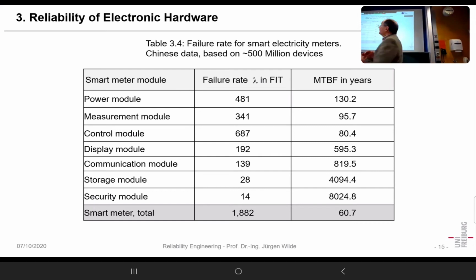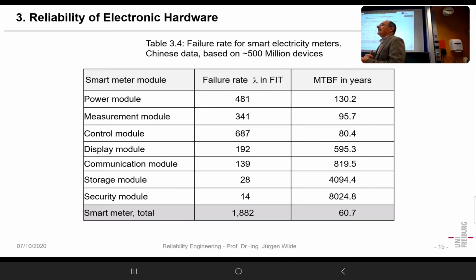Chinese had it before, and now they have only a few models. They have more or less a standard model, but they have also several climate regions. And here that's the more important climate region, and they have a database of 500 million devices. So that's already good statistics, even if you deal with one fit or so. In the end, it could show